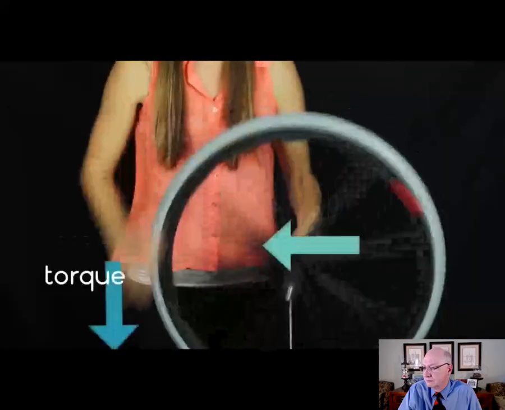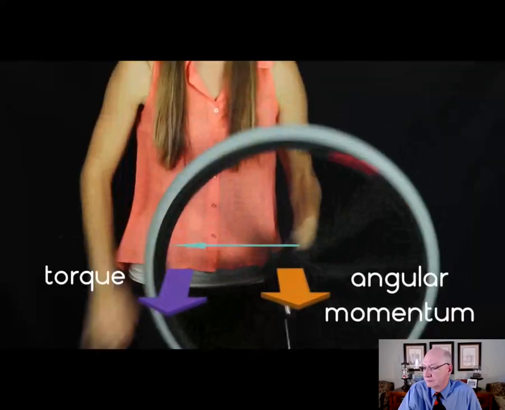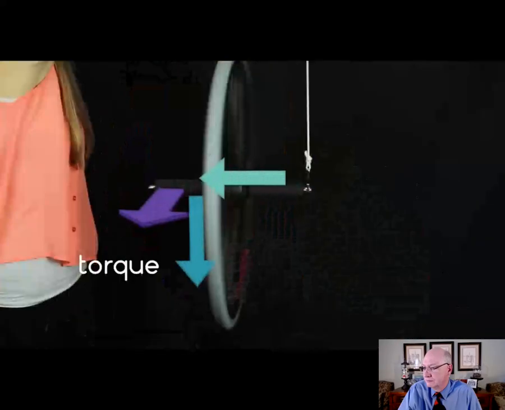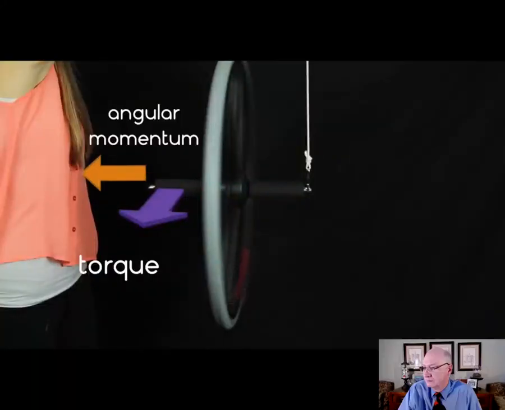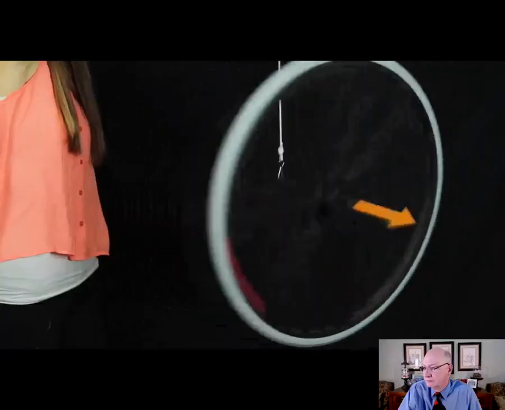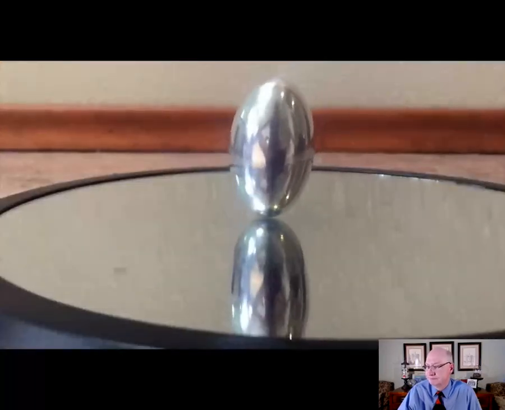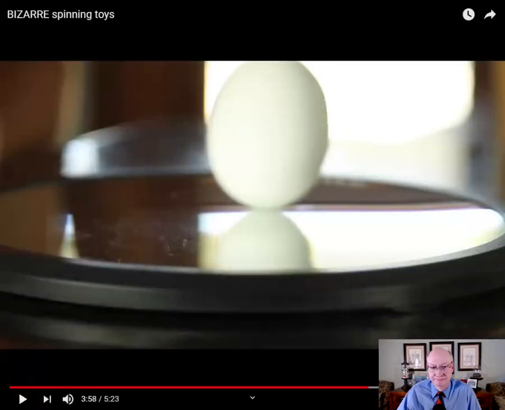So a torque on the wheel like this would increase momentum in that direction. A torque this way, like that due to gravity, would make the angular momentum vector want to rotate that way, and the gyroscope will turn, what we call gyroscopic precession. Now back to the egg. It works similar to the wheel's precession. In fact, the egg precesses. In order for the egg to stand up,